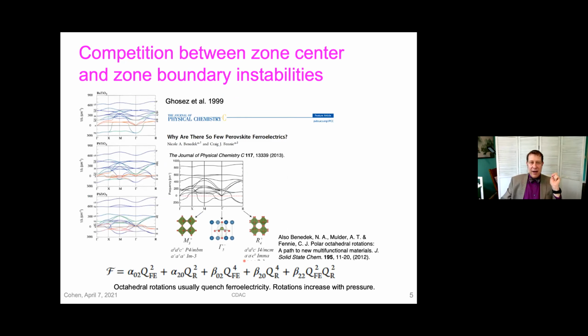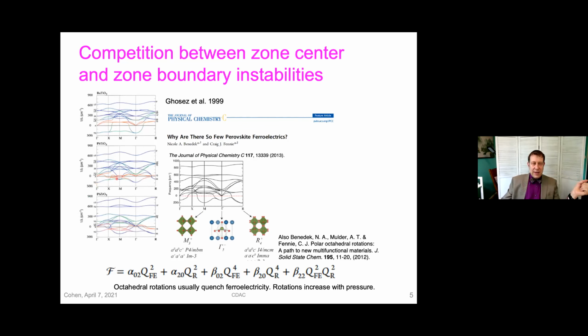People have done a tremendous amount of theory on understanding how these materials work. If you look at any of these perovskites, such as lead titanate, and calculate, these are calculated phonon dispersion curves in the cubic structure. So some of the modes are imaginary. The omega squared is negative, which shows that there's a double well. There's no restoring force for these modes. And so this gamma point or zone center mode is the ferroelectric mode here. And then there's also instabilities at the zone boundaries.